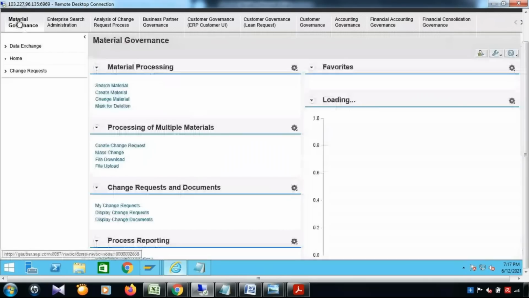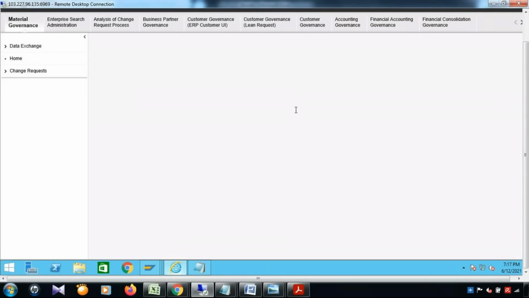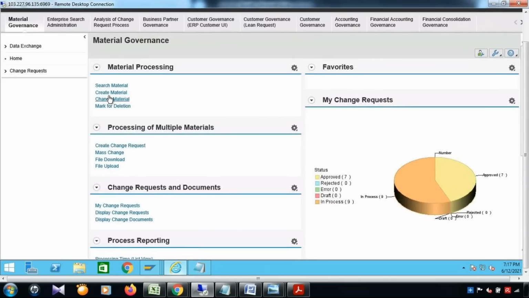So material master. When you go for create material, at a time you are actually creating a single material with a single change request. Multiple material is like managing multiple materials, or the mass processing. For an example, when you click on search material,